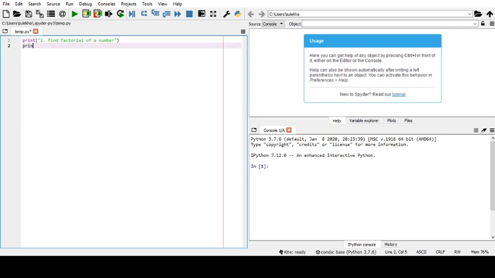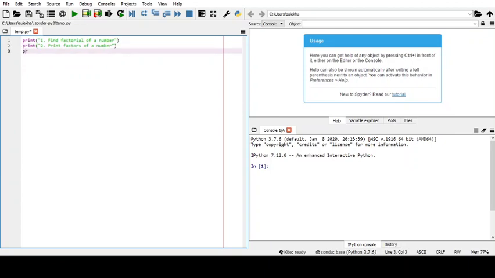Then the next option I am giving is to print factors of a number.